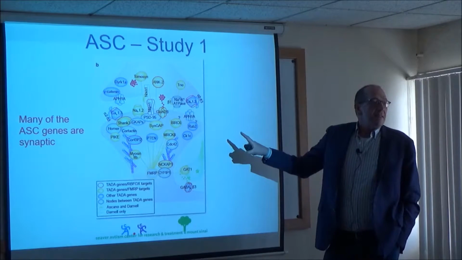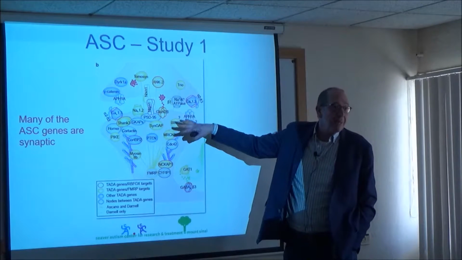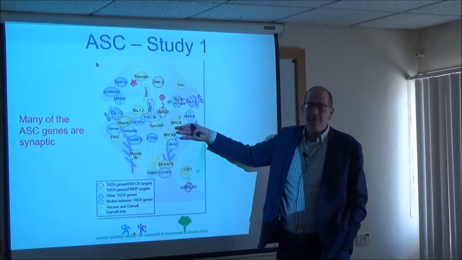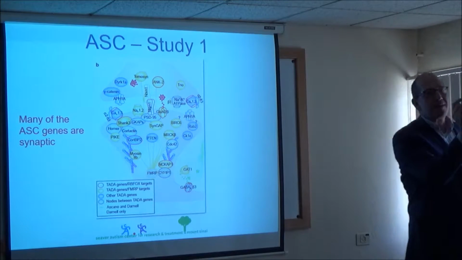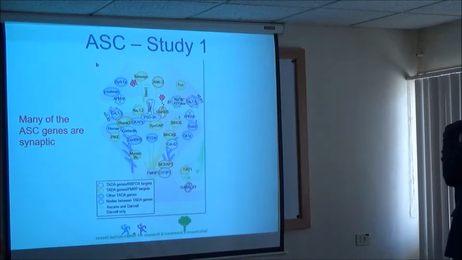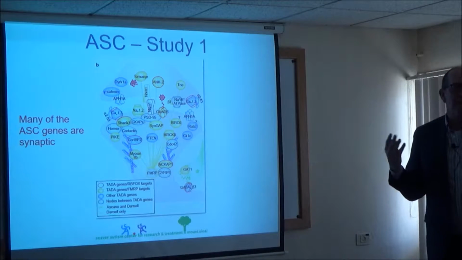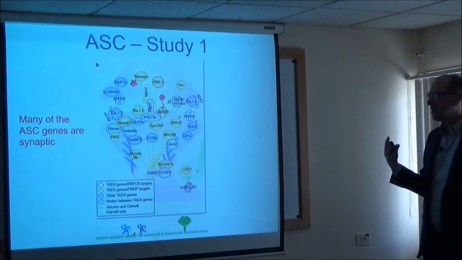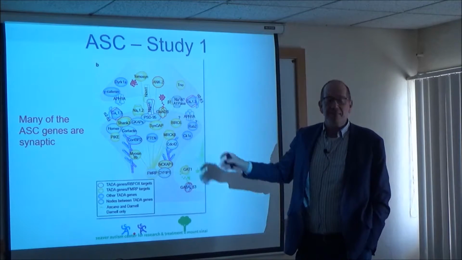These are the genes that we found in the synapse that were significant or nearly significant. And they're synaptic, but they're not necessarily one kind of synapse. They're presynaptic or postsynaptic, they're GABAergic, they're glutamatergic, right? They have to do with how the brain functions, but it's not a single pathway. You can't just say too much GABA causes autism. You can't say that because most of these genes are glutamatergic. It doesn't mean that most of autism is glutamatergic. We happen to have many more glutamatergic neurons and genes than we do any other neurotransmitter type. And so it just tells you something very broad but not specific yet.